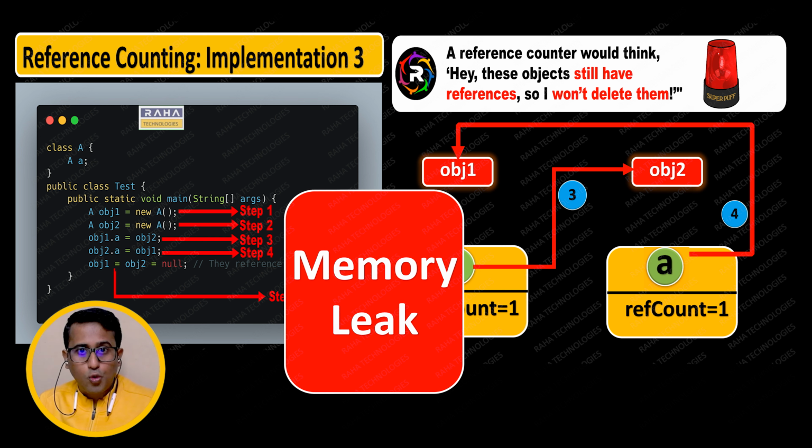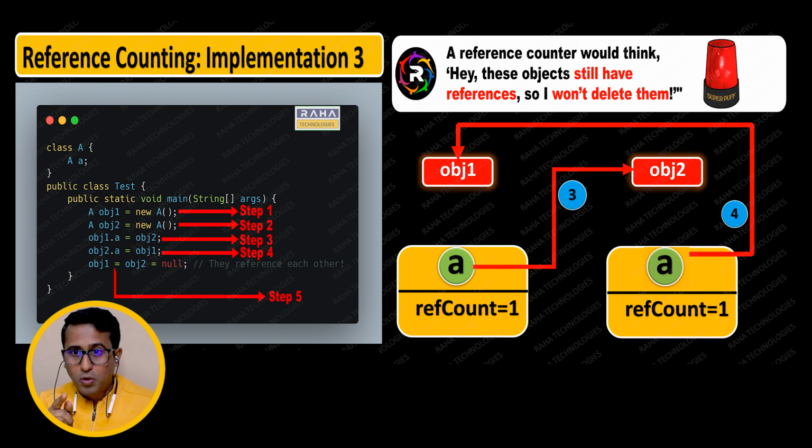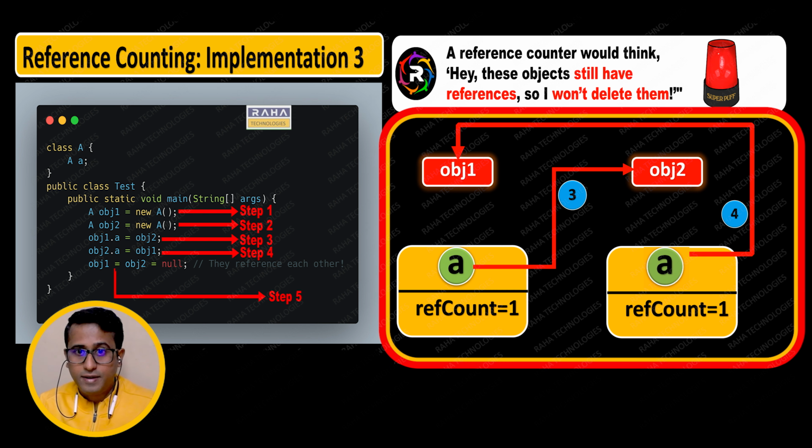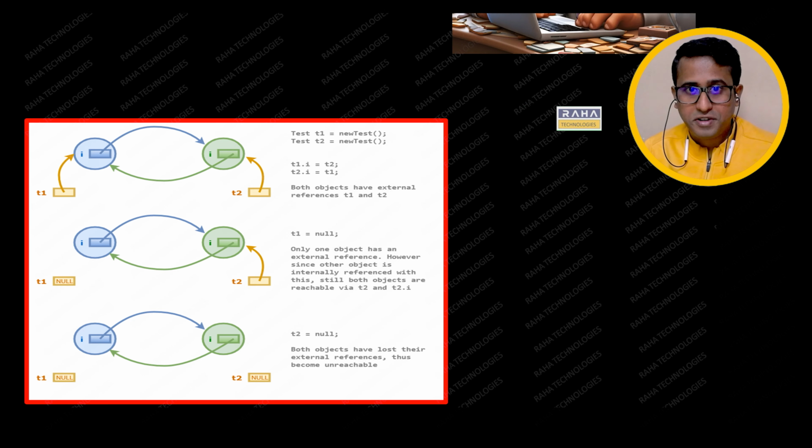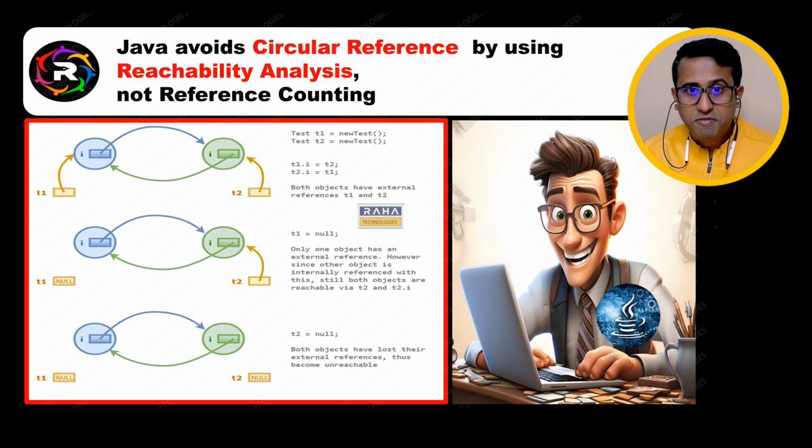Remember that one. Even though we have set object 1 and object 2 to null, they're still holding on to each other in the memory. A reference counter would think, hey, these objects still have references, so I would not delete them, but actually it is not. And Java's designers knew this flaw, so they took a very smart approach,